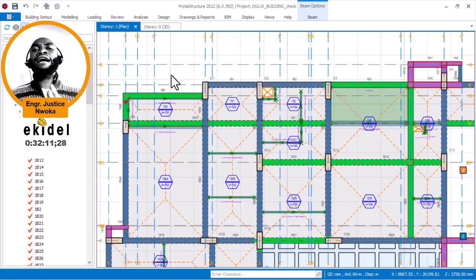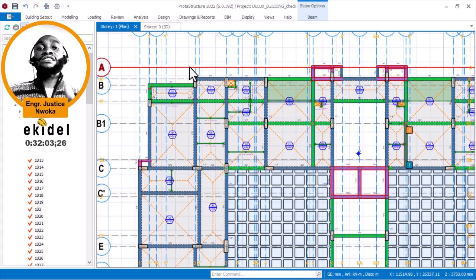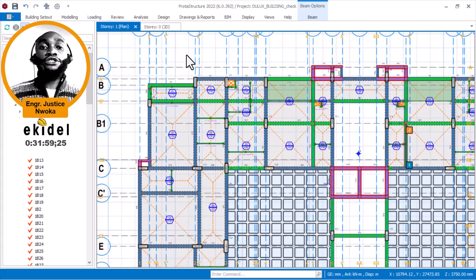Now, let me tell you how most of these engineering software are programmed. Knowing that the mission of every engineering software is to design against what? Against structural failure. So with that, they just make everywhere a fixed end. So by default, ProtaStructure considers every place as a fixed end. And if you don't change it yourself, as a good structural engineer,